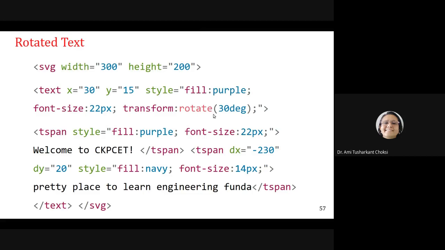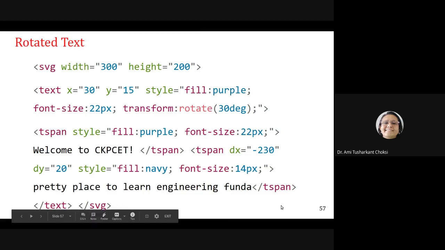So our text will be rotated by a 30-degree angle. And we specify the tspan: one is welcome to CKPCET, and the second is a pretty place to learn engineering funda. Fine. And tspan, text and SVG closings are already known to us.